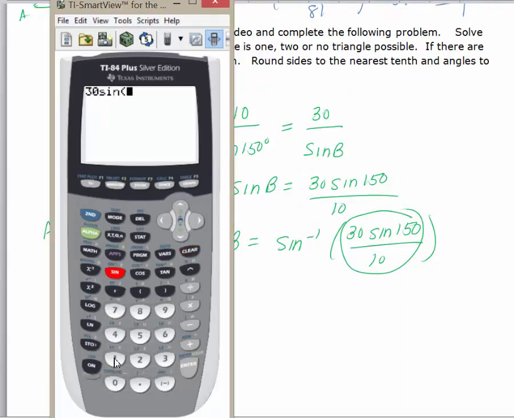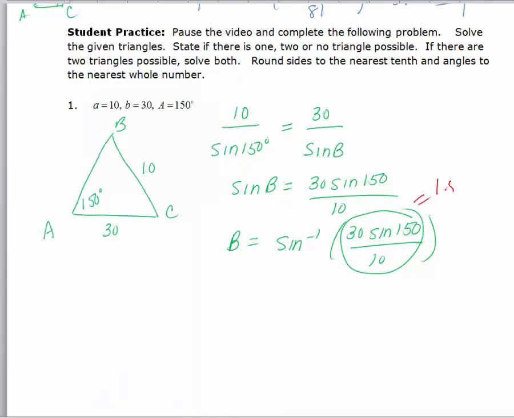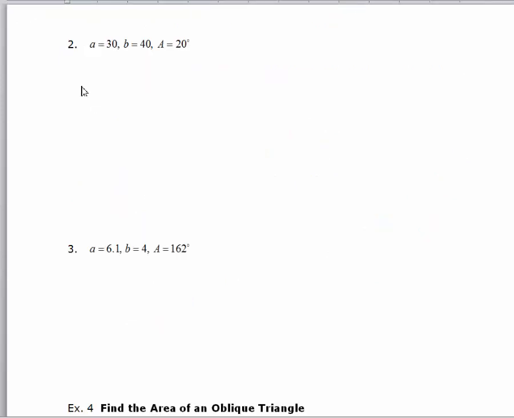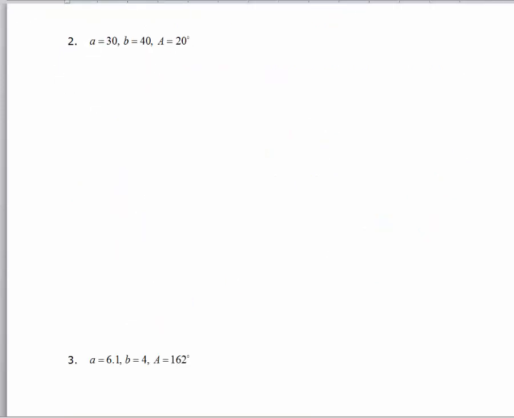So 30 sine 150 divided by 10, and we get 1.5. So since this is equal to 1.5, it's too big. So there is no triangle possible for this given problem. Looking at the next problem,